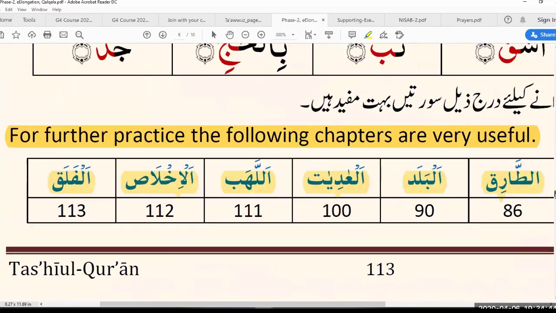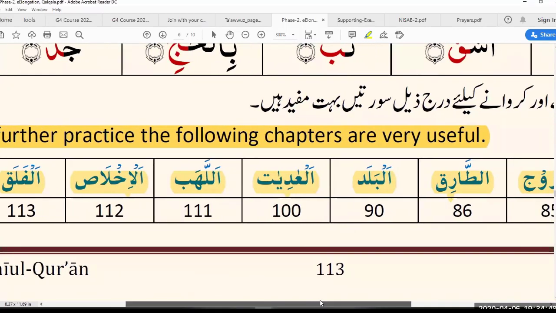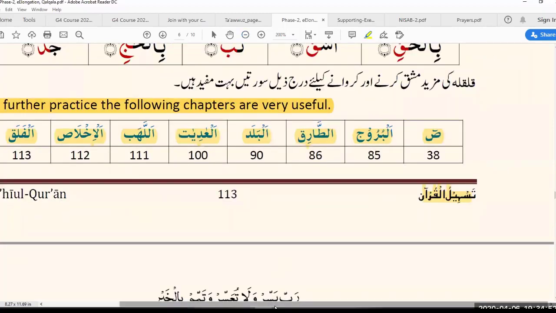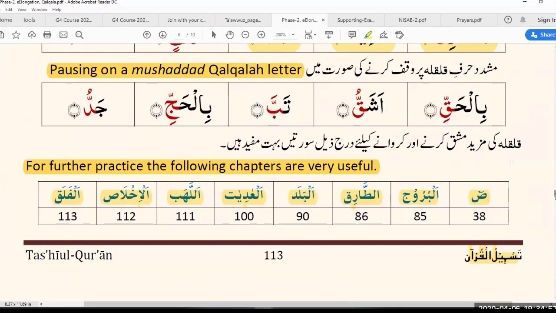Here they are. I also told them about Qutb-u-Jaddin, which is the word made up of all the letters of the Qalqalah, and if they can remember this word, then they'll be able to remember all the Qalqalah letters. And I think that was it, to be honest. So would you like to take over from here?